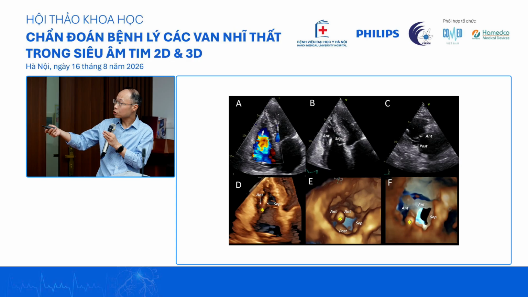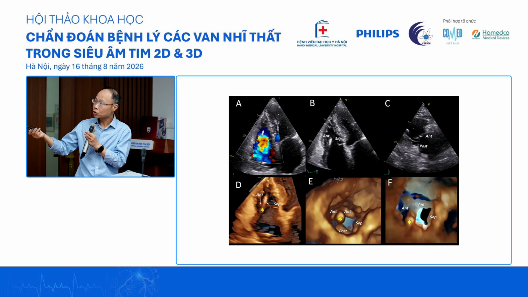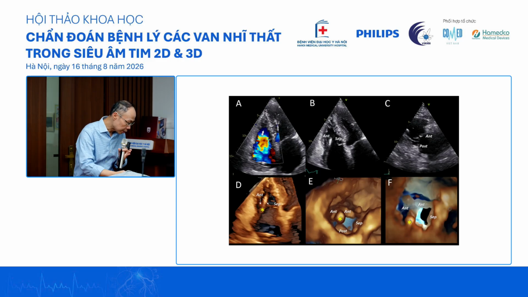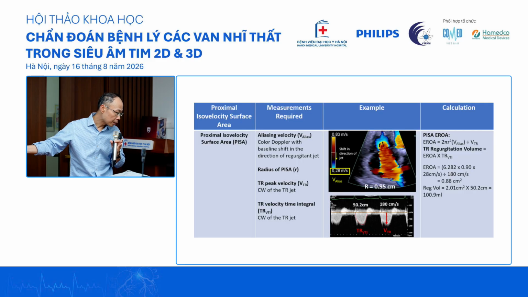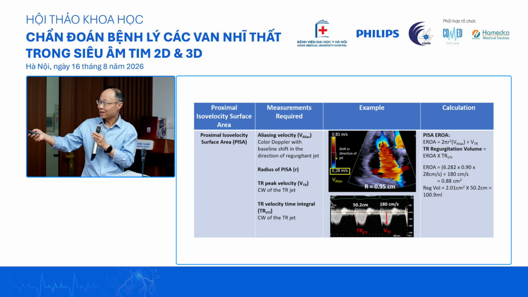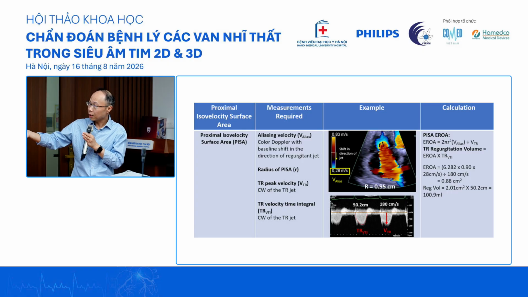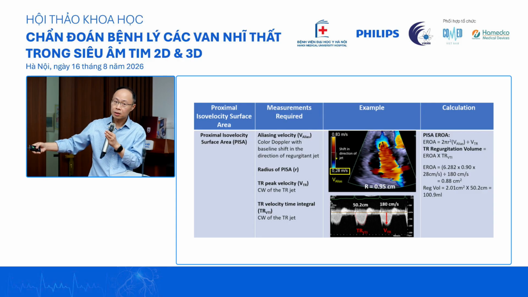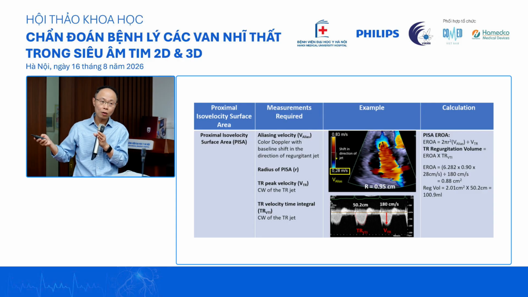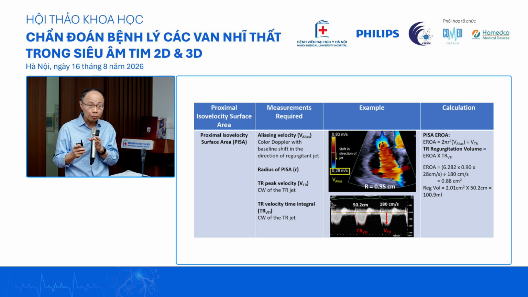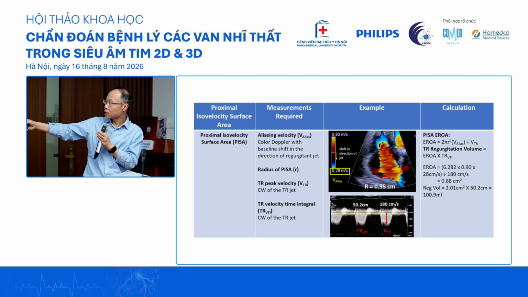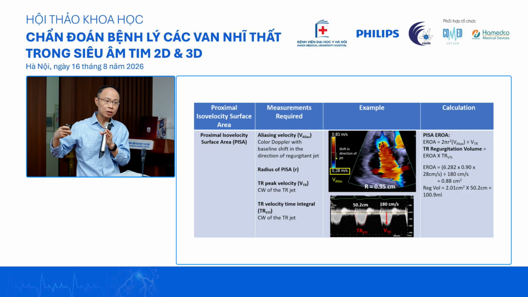And I think to just finish off, these are just some 2D images to supplement all that I mentioned. I think this was already discussed, so in the interest of time, I may not want to go through it again. I just want to say that the vena contracta as well as the PISA are difficult, but they are something that we look for. It's something that is repeatable, and in Rebecca Han's paper, you can see that if you have a vena contracta that's more than 7, it's quite reliable to diagnose severe, and more than 14 is massive.